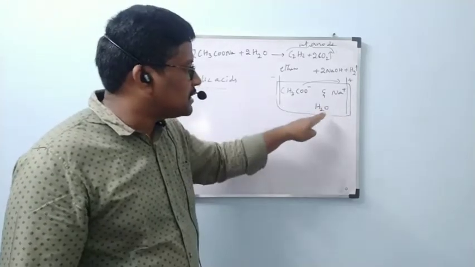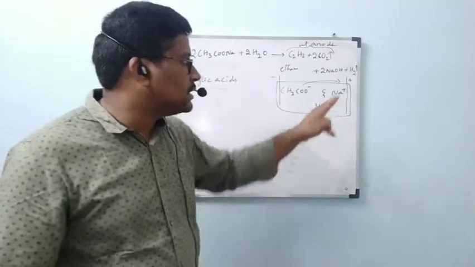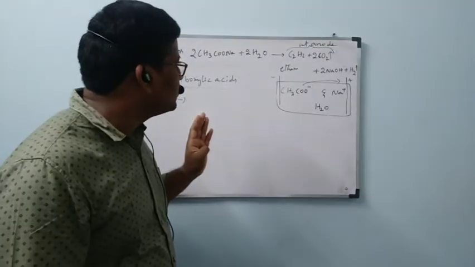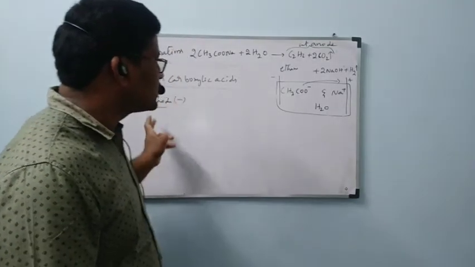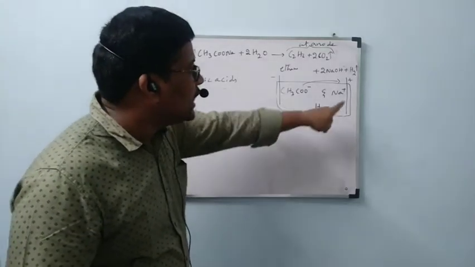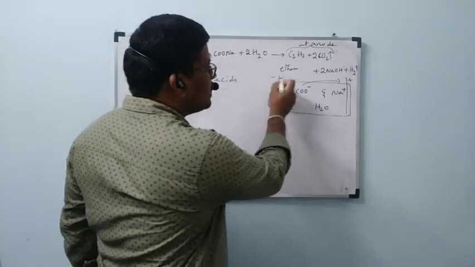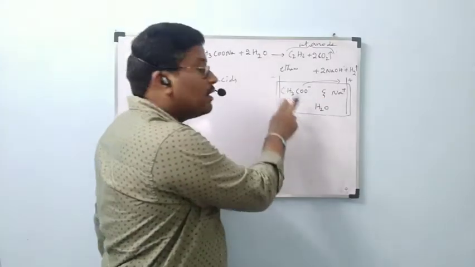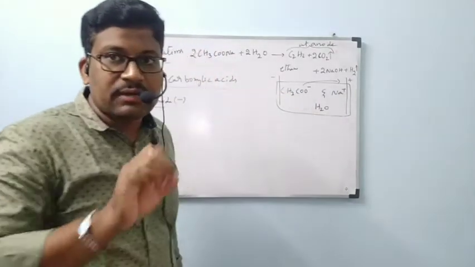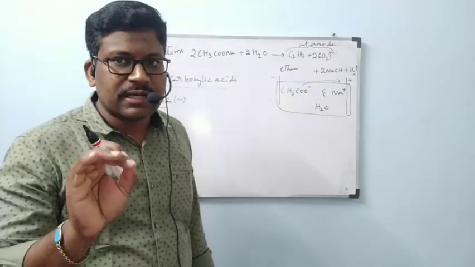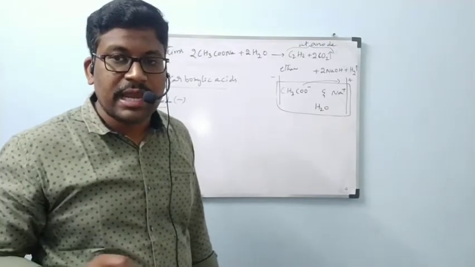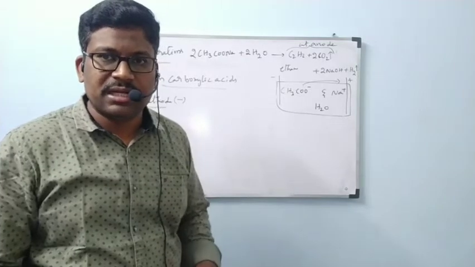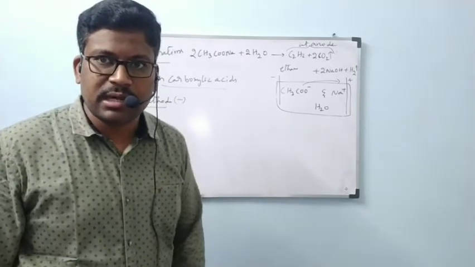So out of Na plus ions and H2O, H2O will move towards the cathode. Just one small clarification. We are thinking that Na plus ions, the positively charged particles, will move towards the cathode. But water molecules are moving towards the cathode and will undergo reaction. That clarity you will understand in 12th class, in the separate electrochemistry chapter. In that you will understand everything clearly. Wait for that, because it is a very big concept to explain now, it is not possible.